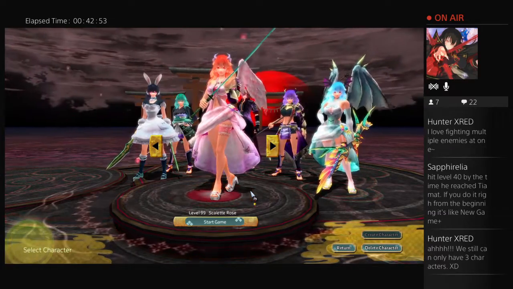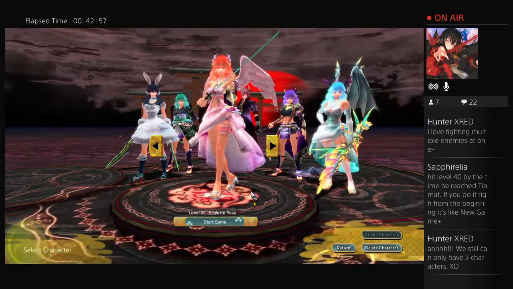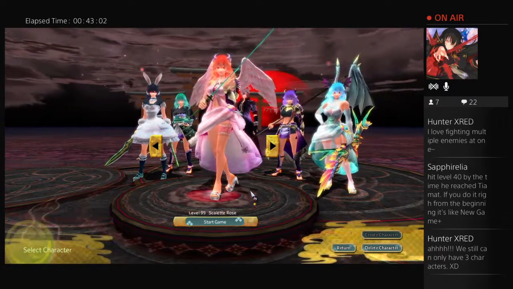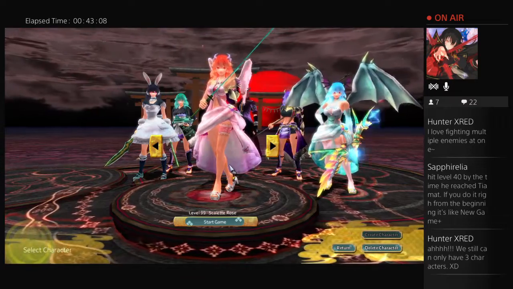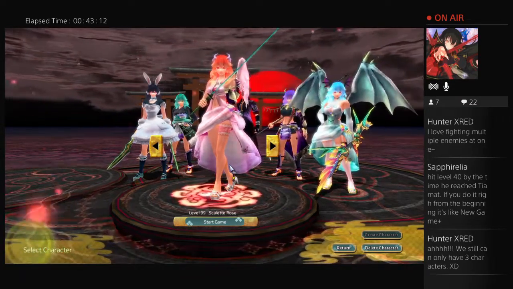You guys only get 3 characters on Xbox? Are you sure? You should check. Just go see if you can make another character. But because you guys have Edo, you guys should have resonance. That doesn't make sense. But yeah, she's level 99. If I took the time, I could get her to level 100 and get more resonance, but apparently I just